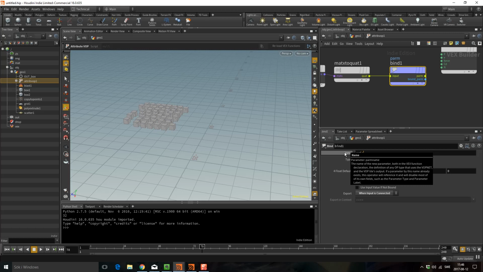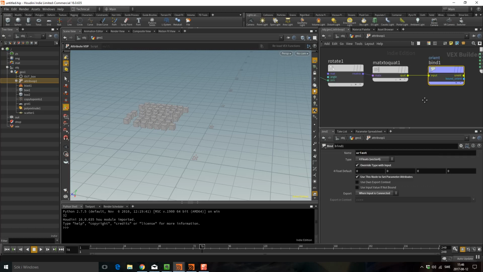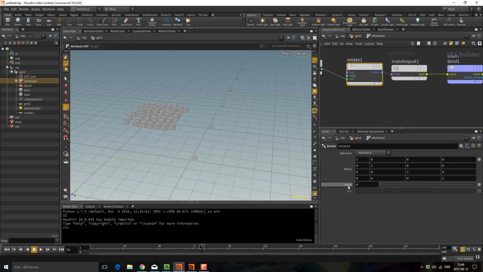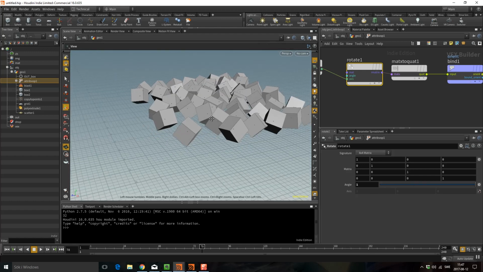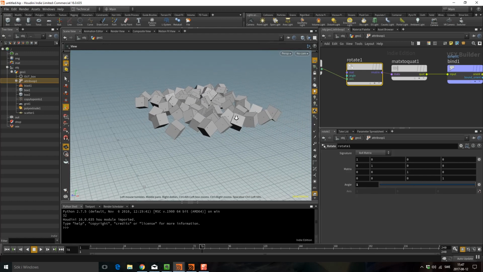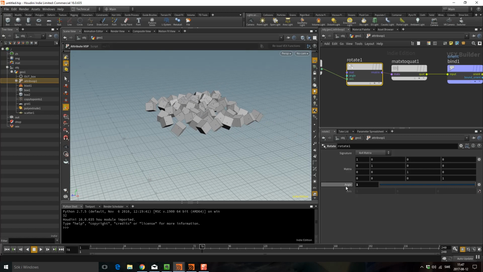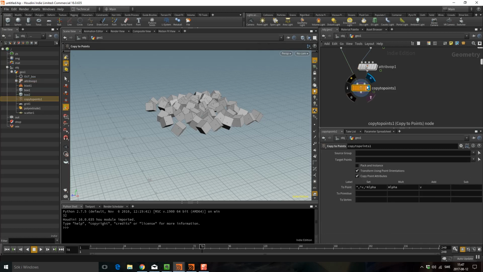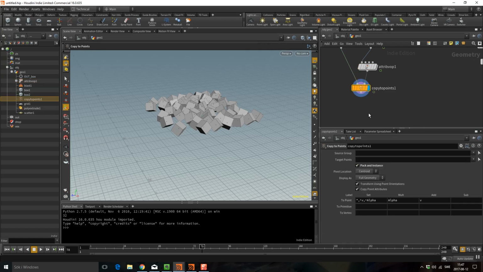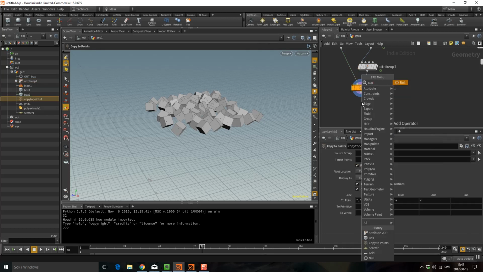And I'm going to do orient, and nothing happened. It's just because we haven't set an angle. So let's drag this up. Now we can see we are breaking up the orientation a little bit. And the reason we get this drastic result with just 1 is just because it's radians and not degrees. So perfect. So let's just go to this copy point and do pack and instance and drop down a null